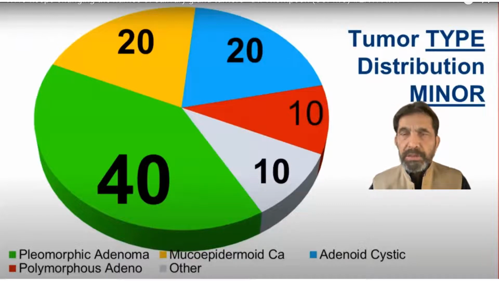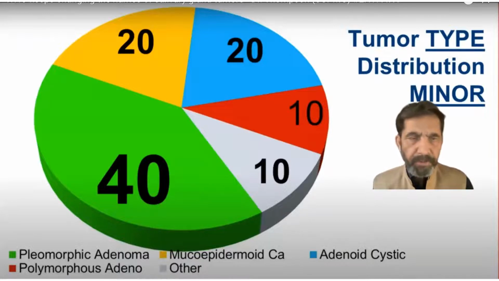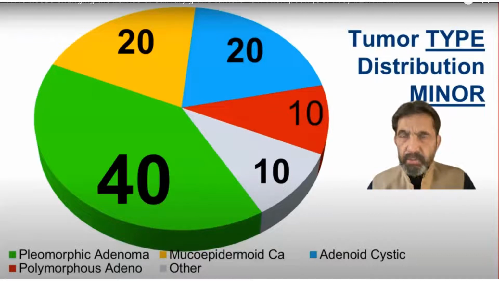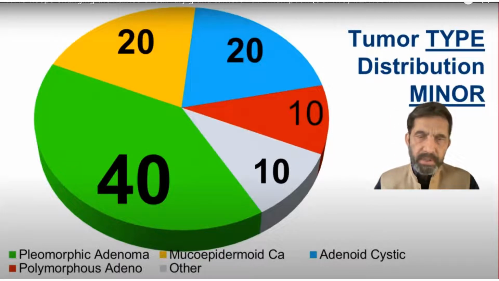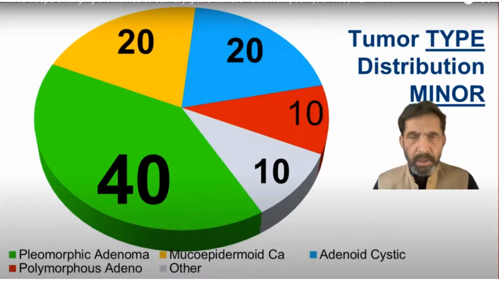If you see this number of the tumor, again, more than 40% of tumors in the minor salivary glands are pleomorphic adenoma, and the mucoepidermoid carcinoma, again, the same. Mostly these tumors are in adults, but pleomorphic adenoma and mucoepidermoid carcinoma can be seen in children. This low-grade polymorphous adenocarcinoma and certain other tumors like that, discussed in the beginning, can occur collectively in